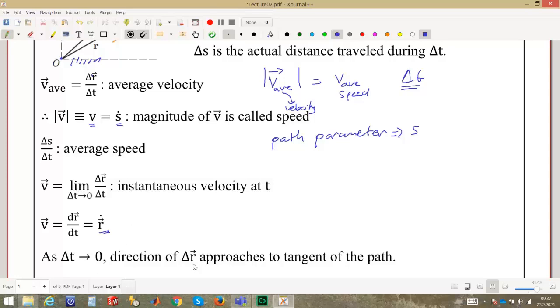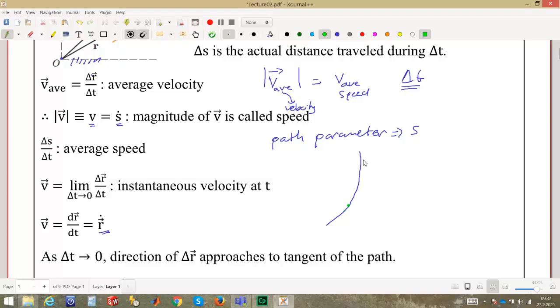And as we make this delta t equal to 0, see what happens now. Let me just try to show that. Maybe I can draw another curve here. I'll show it on that curve. Let me change the color. Okay,